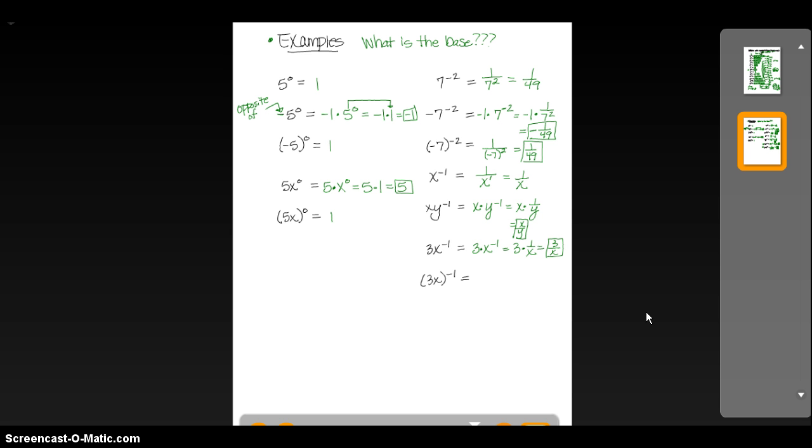Now, in this last one, my base is 3x, so it's the reciprocal of the whole thing. So this is like 1 over 3x to the first power, or just 1 over 3x. So notice how in these two right here, when you took the reciprocal, in the first one, since 3 wasn't part of the base, you don't take the reciprocal of 3. 3 stays up in the numerator. Whereas here, your base is 3x, so you take the reciprocal of both. It becomes 1 over